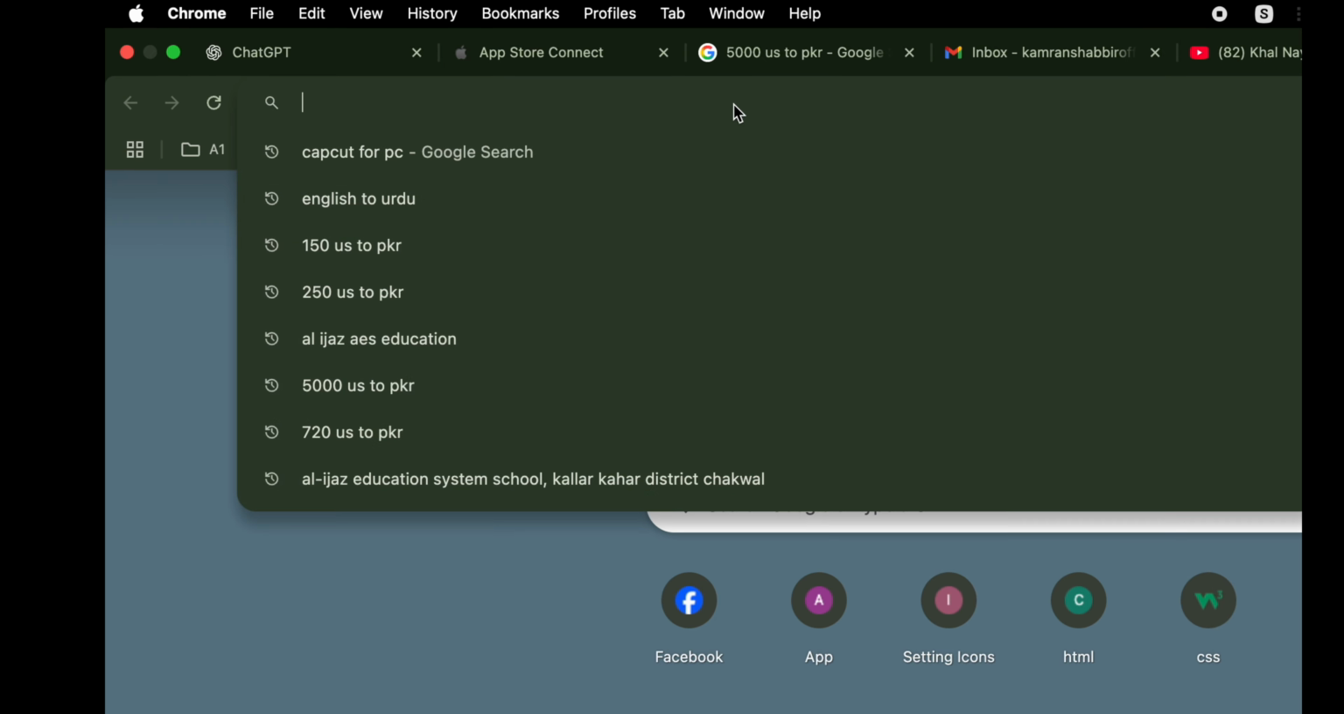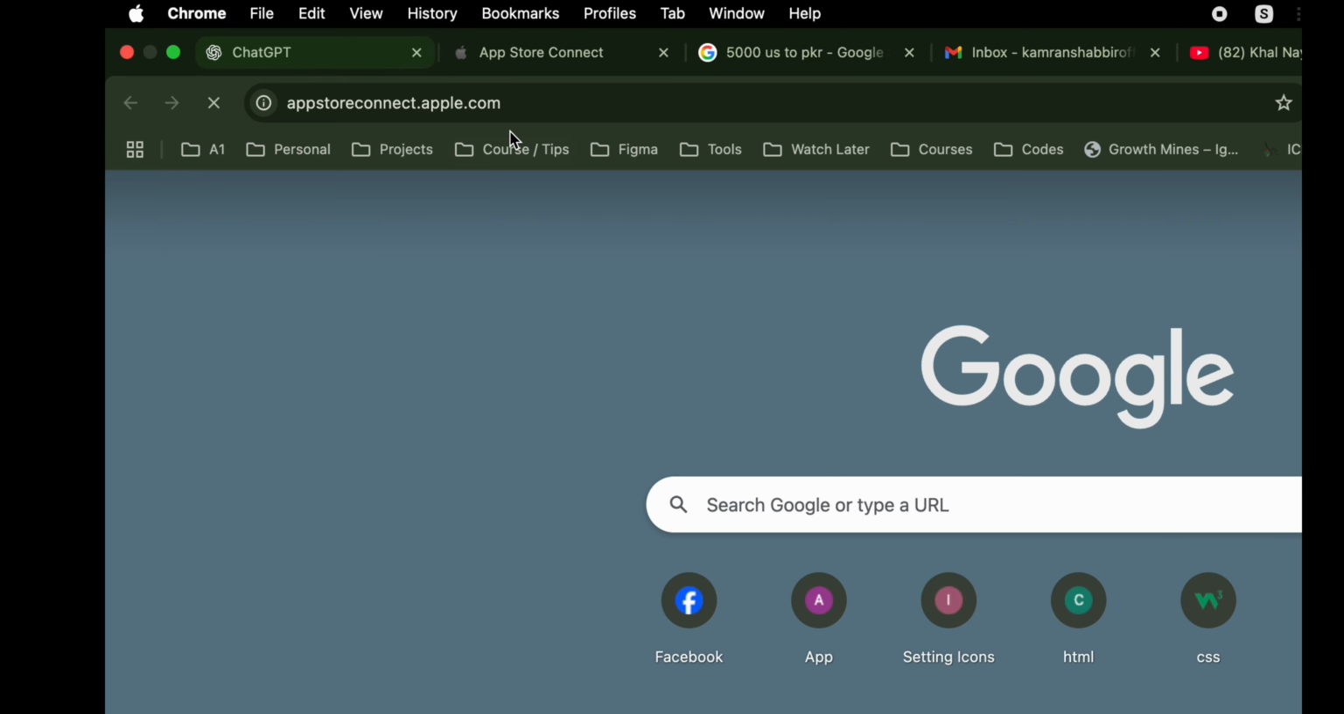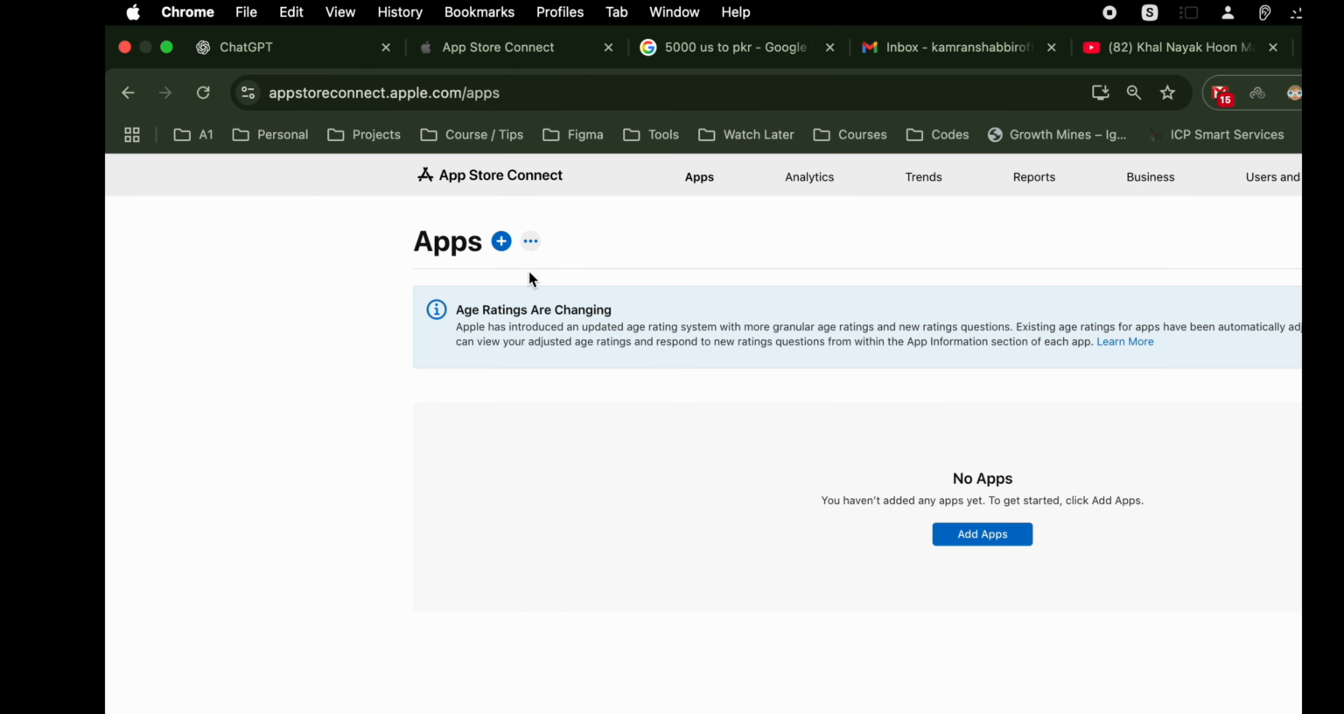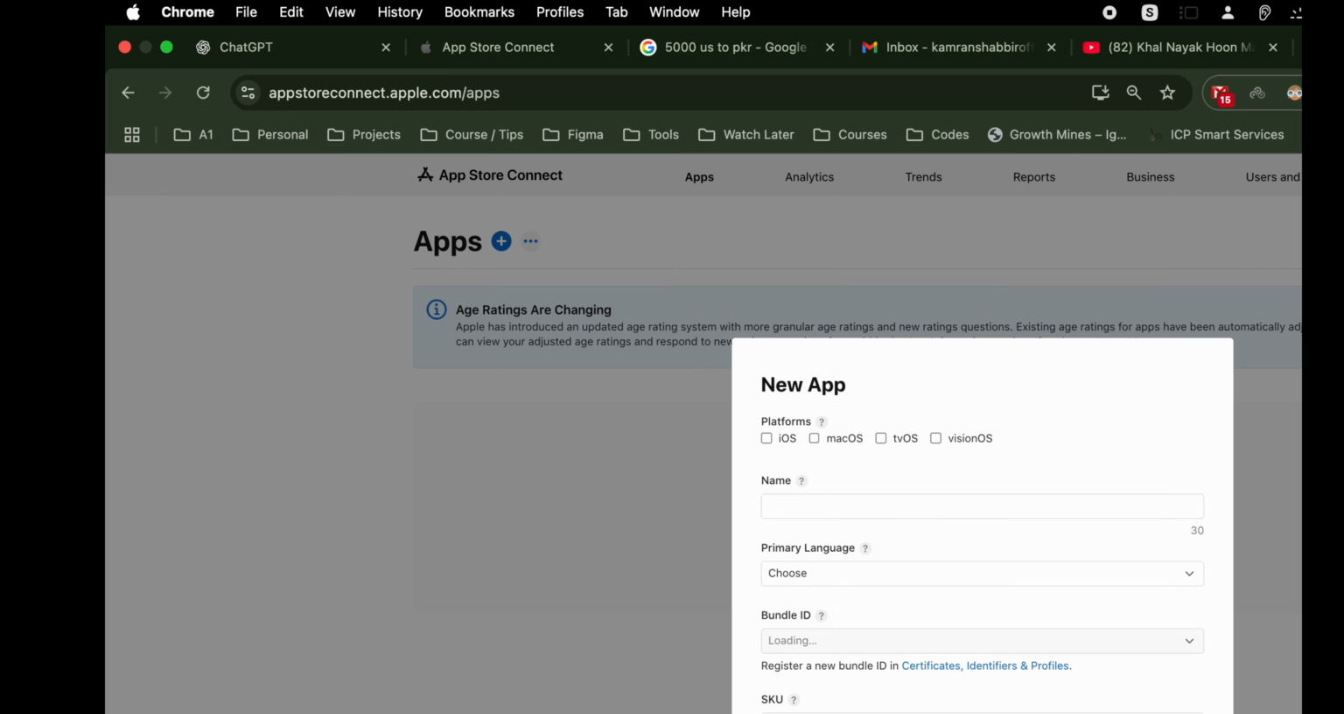So first of all, you have to open any browser and type appstoreconnect.apple.com. Then the App Store Connect UI will be visible to you. Then you have to click on Apps. After that, you have to hit the plus icon and click on New App, and a new